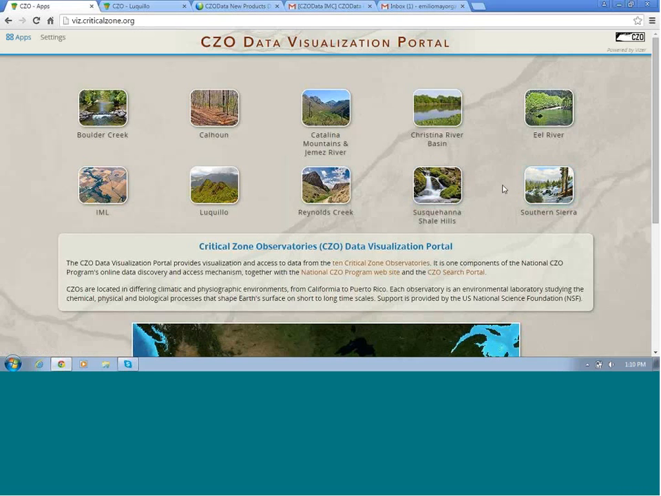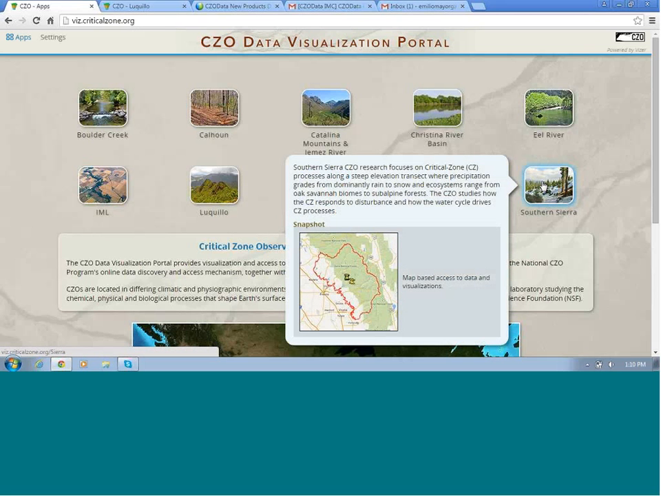I should say also that some of the features I'll be showing today are actually only on our testing version of this application, but they'll all go live. Everything that I'm showing today will be live by the end of the week. Right now, I am showing the live version, and just to illustrate some of the features for Southern Sierra CZO,